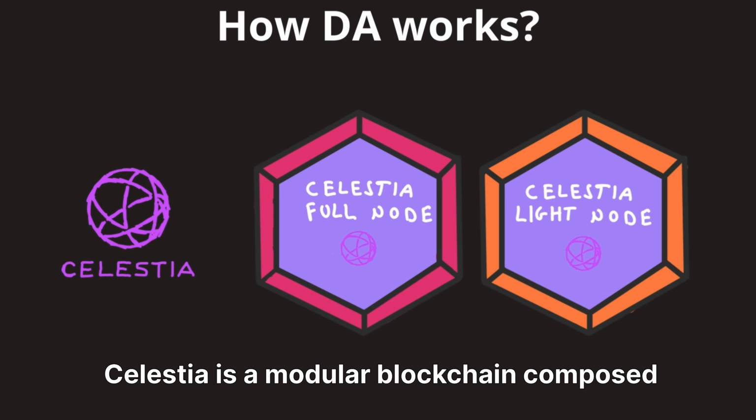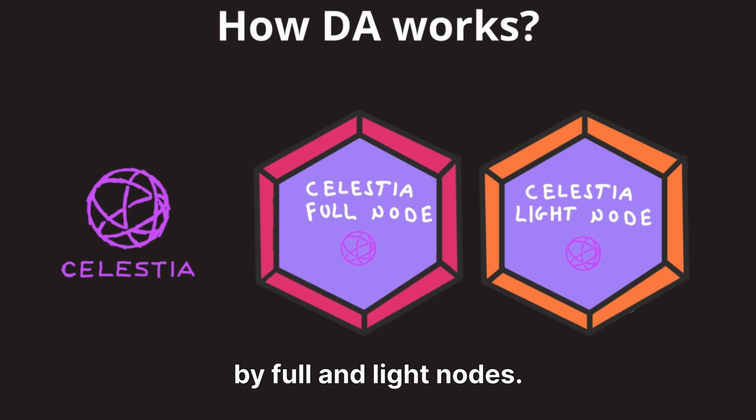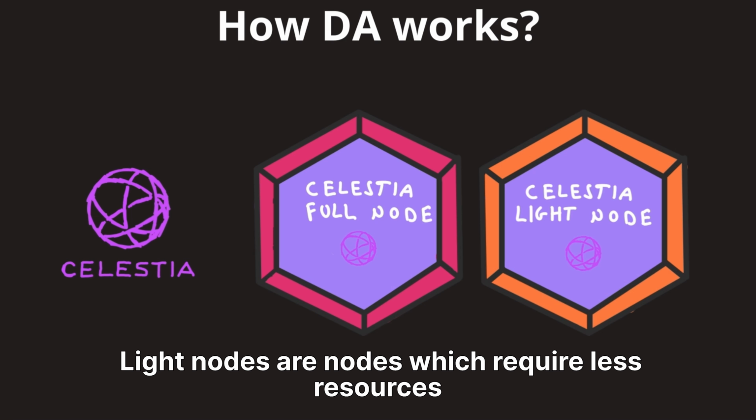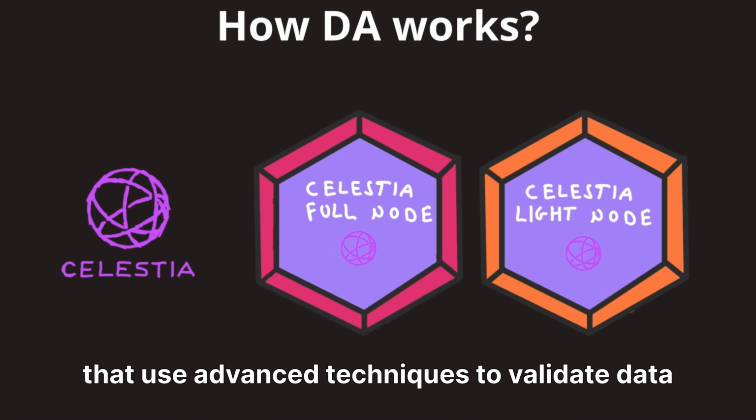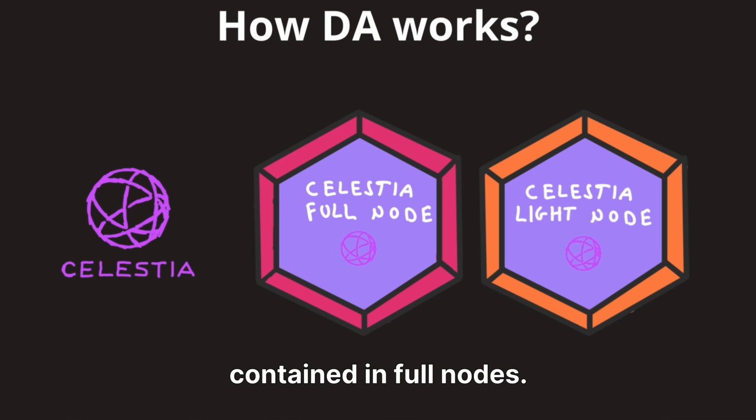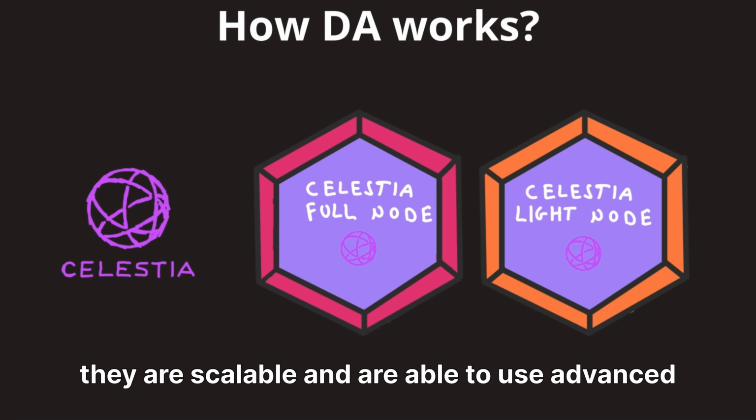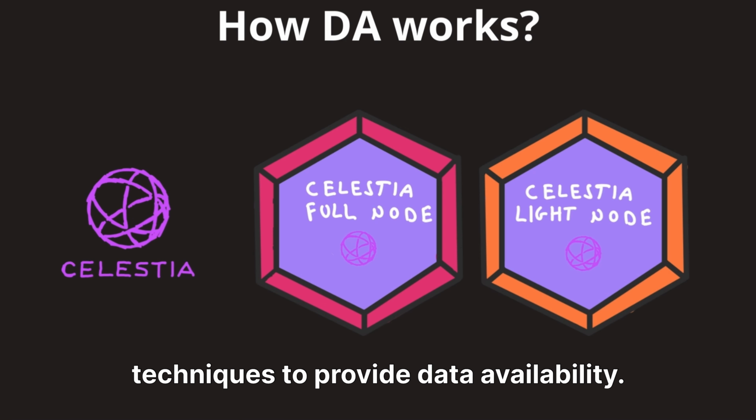Celestia is a modular blockchain composed of full and light nodes. Full nodes are resource-expensive nodes that hold all the transactions. Light nodes are nodes which require fewer resources and use advanced techniques to validate data contained in full nodes. Light nodes are fundamental for Celestia because they are scalable and are able to use advanced techniques to provide data